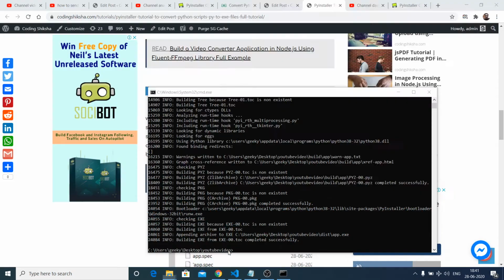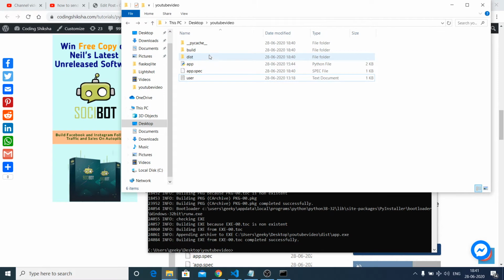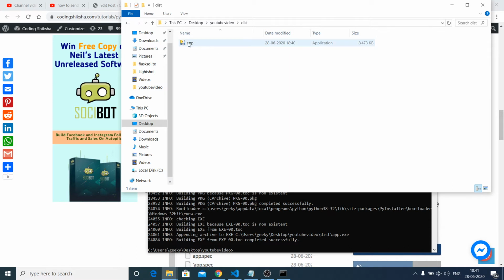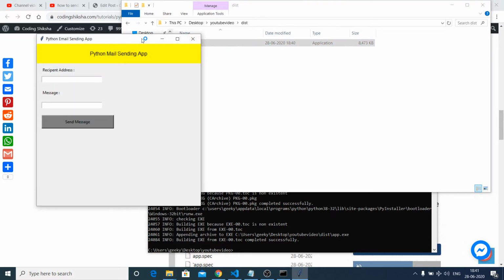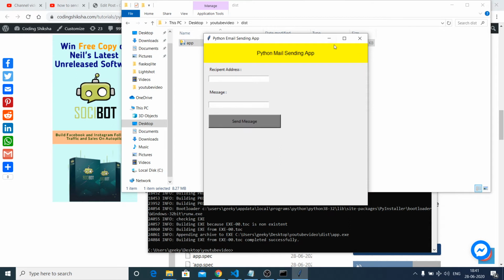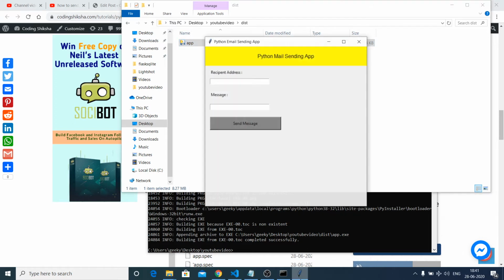Now if you check back inside your directory, there is a dist folder out there. Inside this dist folder, you will find your executable file, which is the app.exe file. Now if I execute this file, you will see this is a Python mail sending app. And the beauty about it is that you can just copy this file and share it with anyone.